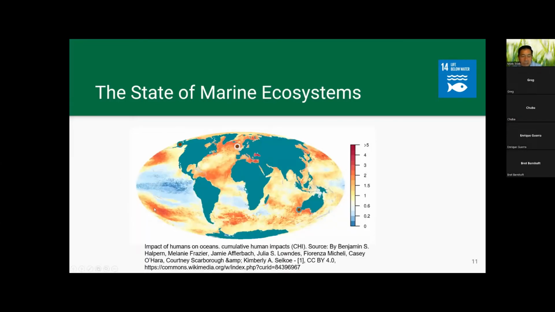This is an interesting map. So just look at the world map. In green, you see the continents, and then you see the seas and oceans in different colors. And this is an index. It goes from 0 to 5. It measures the cumulative human impact. So it's a combination, I think, of 14 stress factors. If it's dark red, it means that it has been heavily impacted by humans. If it is blue, it has been more untouched.